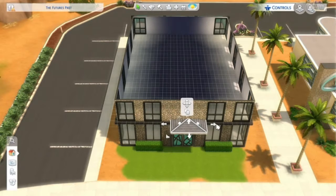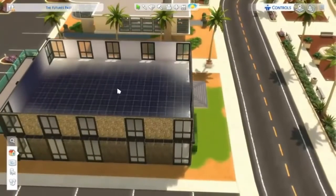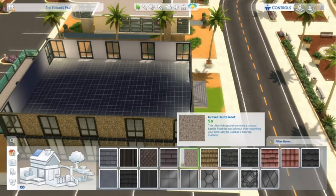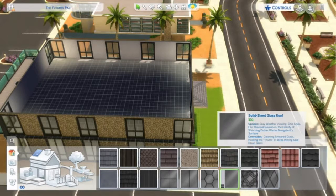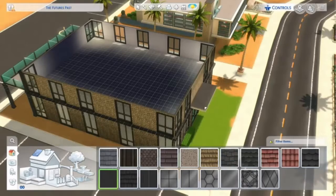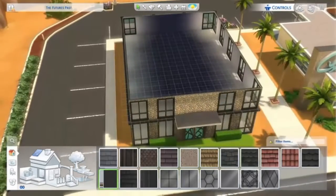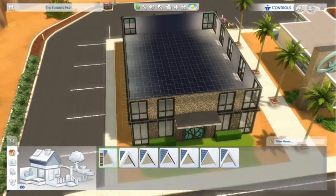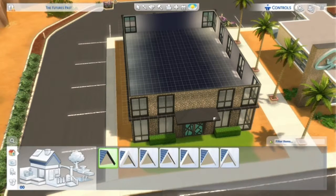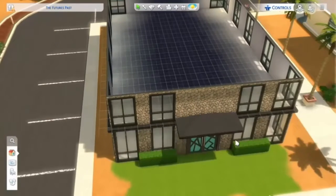I have this awning that I placed at the front door. It was such a struggle for me to get it there to begin with. The game was not cooperating with me, and it really didn't turn out exactly the way that I wanted it. But I think that it's good enough just to provide some shade and designate that this is the front of the building. Come in here, and